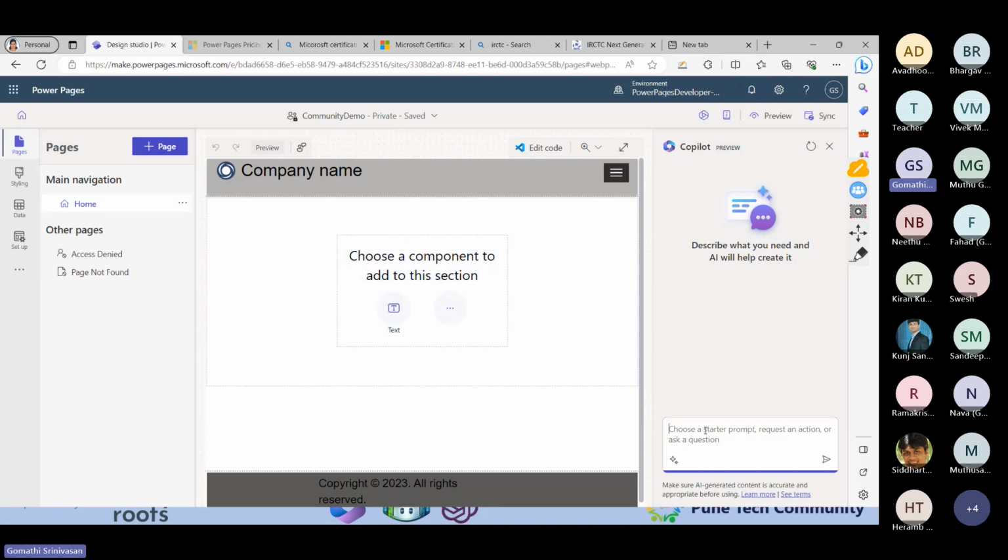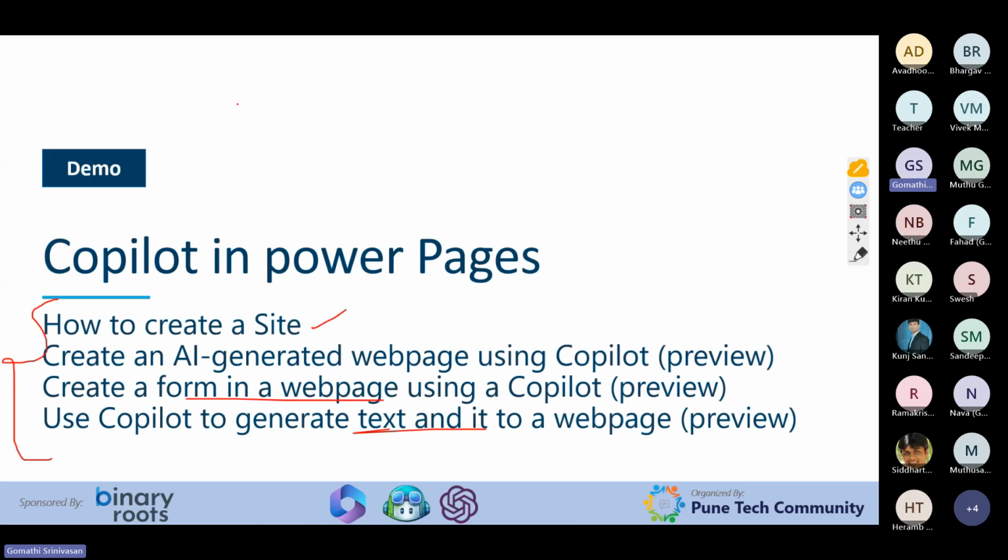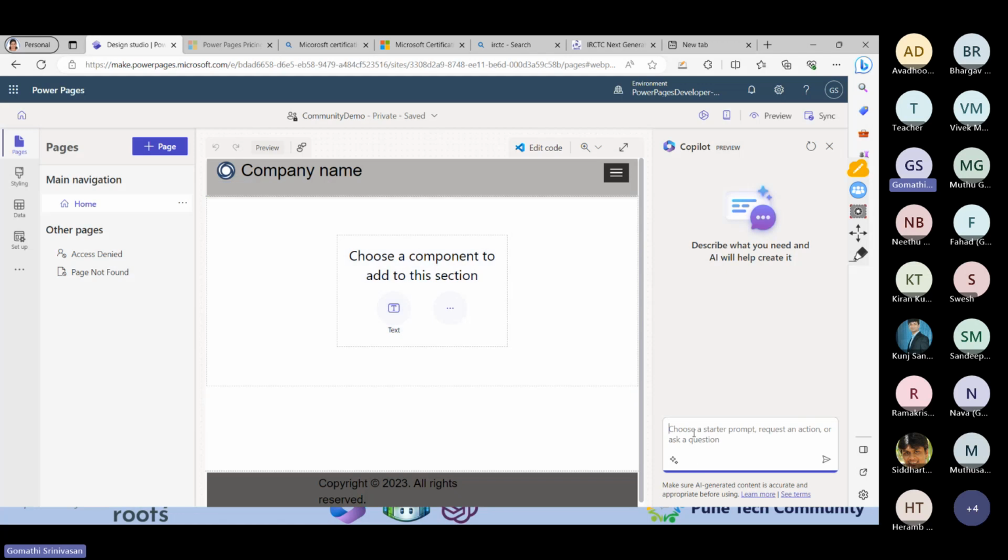So what I'm going to do is just type. First thing, we are going to create a web page using Copilot. So we are going to create an AI generated web page. This is the first task for us. So let us create an AI generated web page. I'm going to interact with the Copilot, that is, I'm going to tell it to create